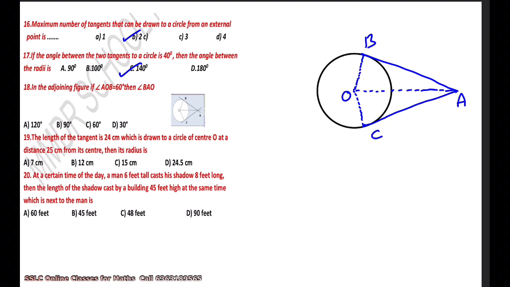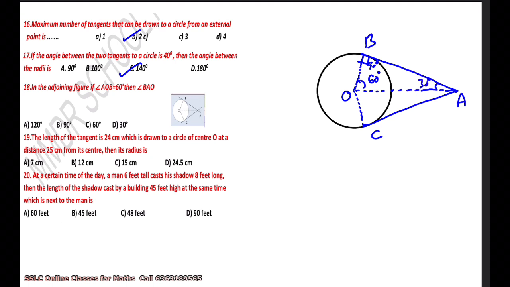What is given? Angle AOB. This angle is given as 60 degrees. You know that a tangent, wherever it touches the circle, makes 90 degrees with the radius. It means what? This is 90, this is 60, the remaining angle is going to be